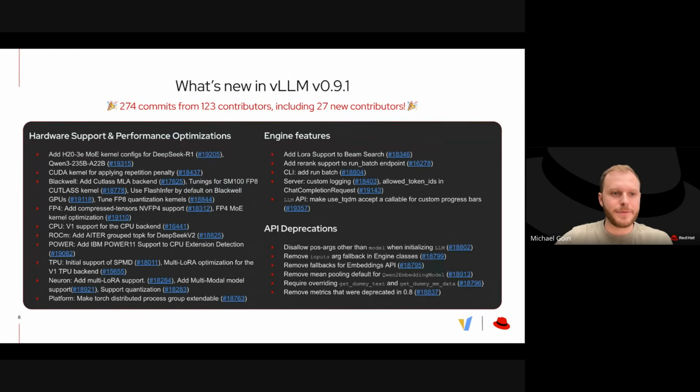So as I mentioned before, we have a variety of work on NVIDIA Blackwell, on supporting new FP4 precision, supporting CPUs, AMD ROCm, Power CPUs, TPUs, Neuron, you name it. But some of the highlights I'll mention is we've had a lot of tuning on NVIDIA Blackwell, so those new B200s you're getting your hands on. We're starting to reduce overheads there and look to see the 2x performance boost from H100 to B200 that you